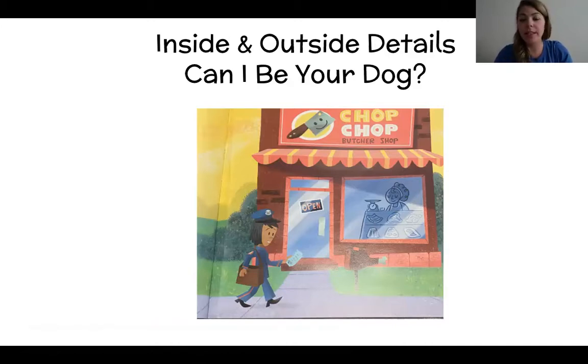So that's just a couple examples of how we can show our setting changing over time, and how we can also have our setting show inside and outside scenes through doors and windows, maybe garages, things like that. So be thinking about how your setting can change over time if it needs to, if your character's moving to different places or trying out different scenes like an inside or outside. And then especially when you go to include your illustrations is when you're going to build upon those setting details and you're going to draw those inside and outside scenes. So see if you can try that today in your writing, and I hope you have a great day.